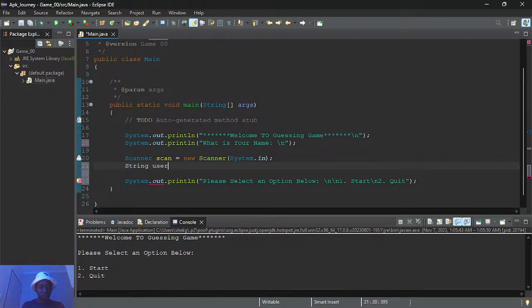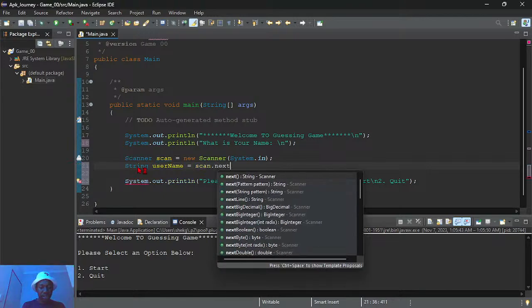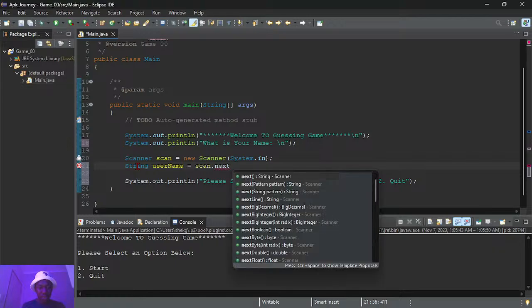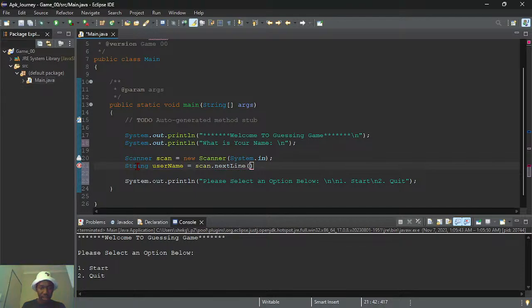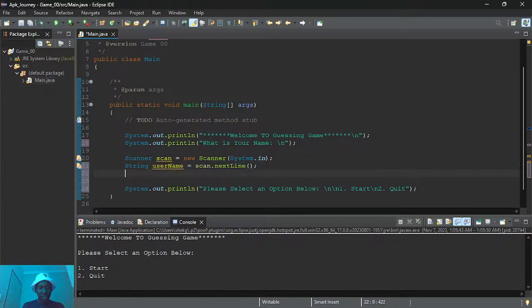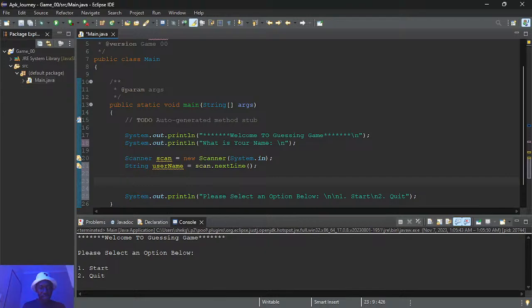Let me just say username equals, then we're going to use the scanner that we instantiated there, dot next line. Call it a string. And then using that, we can simply say hello, hello, then we concatenate.